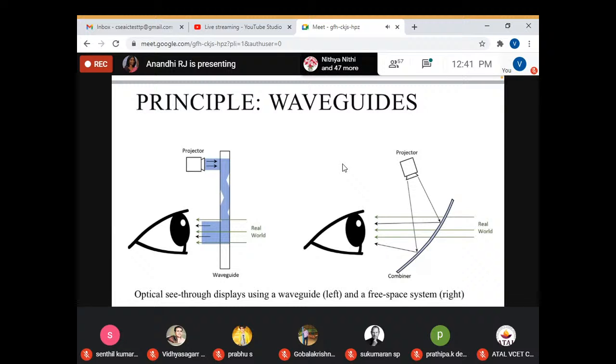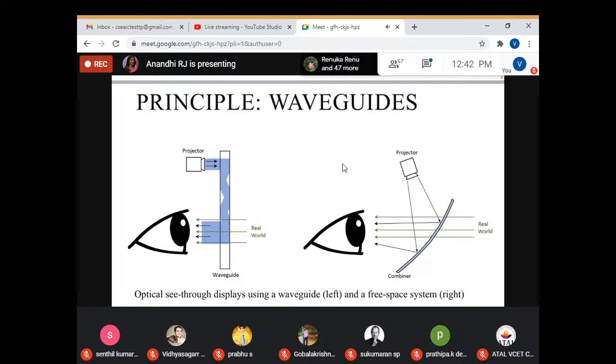I know this looks like a diagram which we saw in 10th or 12th in our physics book, right? So it's something similar to that. If you look into it, a waveguide is nothing but a physical structure in optics that guides a light wave to a user. See that there is a projector and the light wave comes, it reaches the eyes in both the cases, correct? So the top one uses the projector, light comes, and here what happens in the first waveguide,